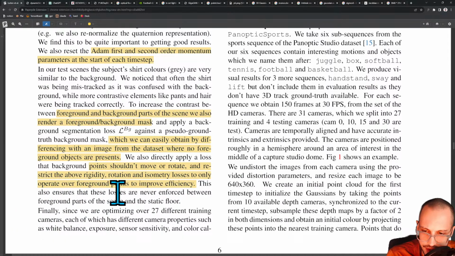And it also ensures that these losses are never enforced between foreground parts and the static floor. So you wouldn't want the static floor to maintain its local rigid body transformation with the shoe, right? Because the shoe can just lift and move somewhere else. Since we are optimizing over 27 different training cameras, each of which has different camera properties,